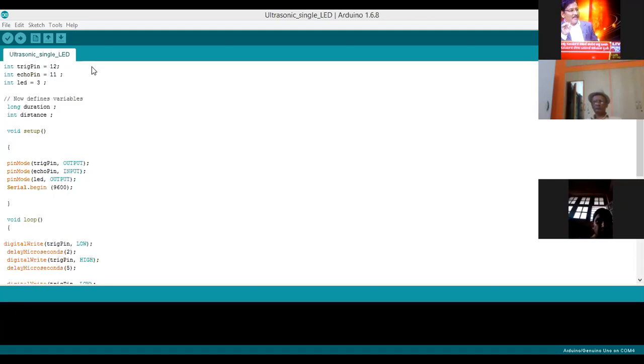In Tinkercad, we write the program and we will verify whether it is working or not. So once it is working, we can copy the same program and put it in this window, in the new window, and save it, compile it or verify, and upload in the same procedure what I showed in the video. That's all. For any program, it will be the same. So the Tinkercad acts like a simulation tool, in the sense that during the design of the program, whether it is right or wrong, or we are finding any mistakes in the program or implementation and all. So once everything is ready, we can take it forward to the real time application.